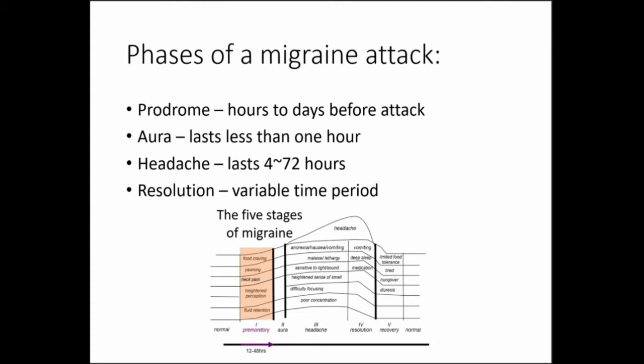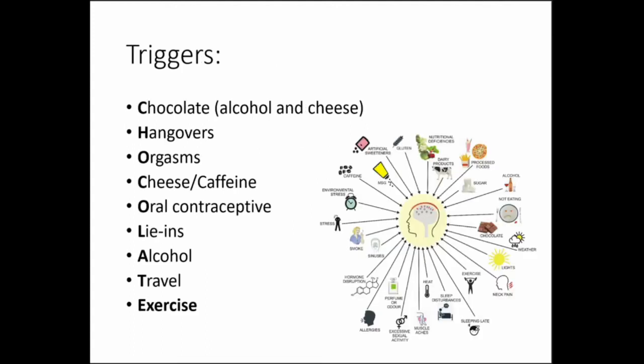And then the headache characteristically lasts for about 4 to 72 hours if there is no treatment. And then there's also the resolution and the recovery, which tends to vary in how long it takes. Migraines can be triggered by certain things. There's a very wide range of things which can trigger migraines in people. There's a mnemonic that I use to remember some of them. So things like chocolate, hangovers, orgasms, cheese, oral contraceptive, lying in, so sleeping in, alcohol, travel, and exercise can trigger migraines